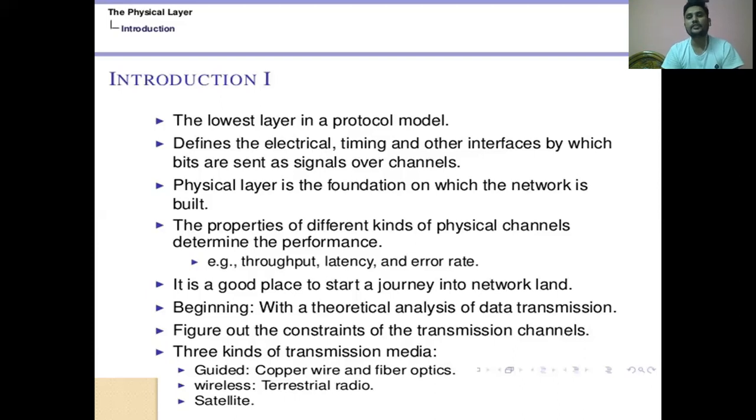But there, a physical connection is there. Here there is no physical connection establishment. So there is no wire present in the wireless communication medium. And the third one is satellite communication. I think you all know about satellite communication, which is not required here for more discussion. There are just three kinds of transmission media: guided transmission media, unguided, that is wireless transmission media, and the third one, satellite communication.